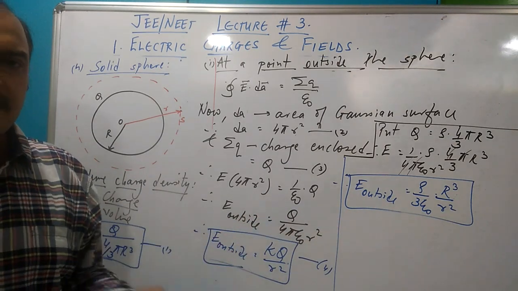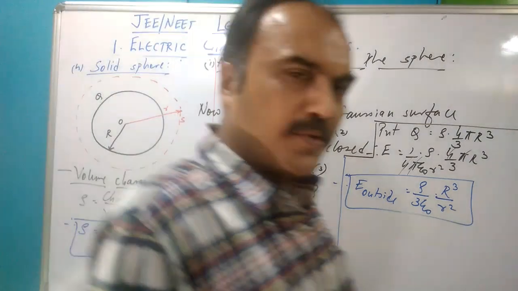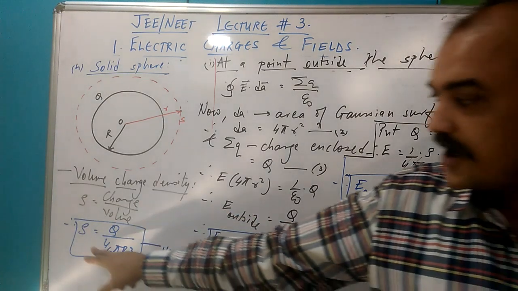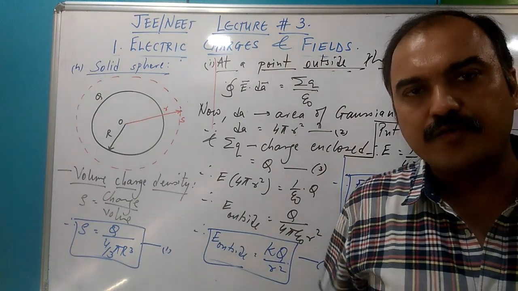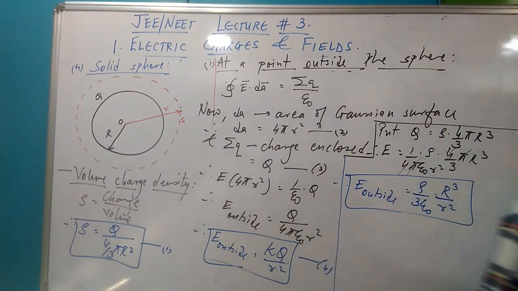Let me look at it for some time. Let me utilize this to do a couple of numericals which are really important in the sense that here we have taken rho to be uniform. But what if rho is not uniform? What if it is changing? Let me show you a couple of numericals based on this idea.